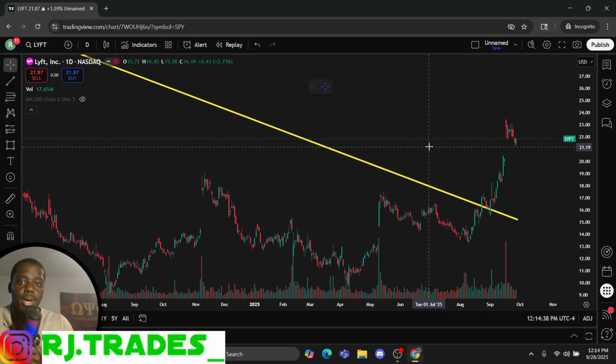We use chart patterns to tell us what's more likely to happen in the stock if this happens. Okay. It's used to increase your probability. Now, when you start mixing in the chart patterns with the levels, that's when you get powerful. All right. And I'm going to show you guys how to do that.